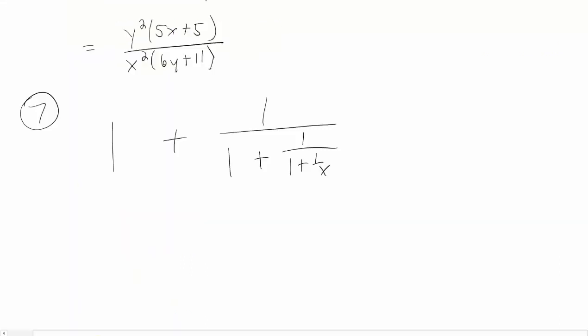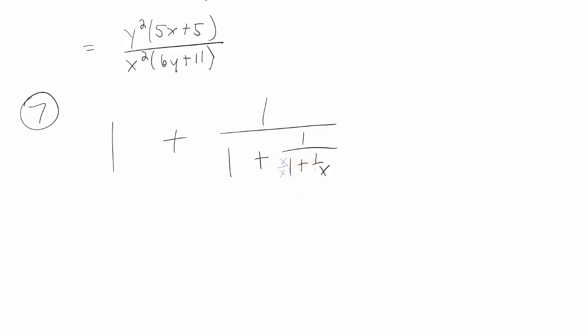Let's take a look. Now, if we look at this problem, there are actually a lot of sort of hidden parentheses here. And our order of operations tell us to start with the innermost parentheses. So I'm going to start by simplifying this piece right in here. How do I combine 1 plus 1 over x? Well, the way that I do that is I multiply the 1 times x over x so that I have